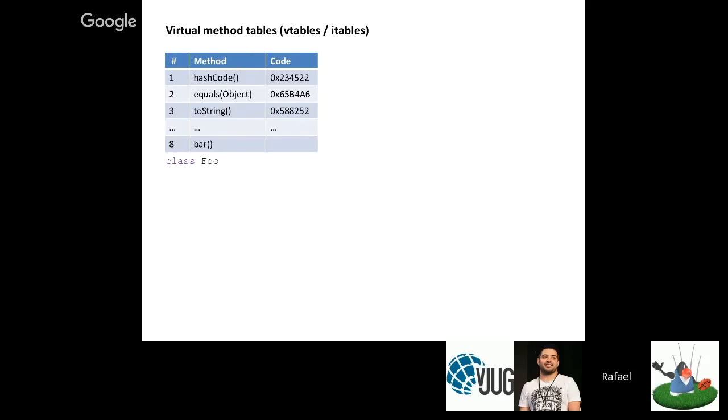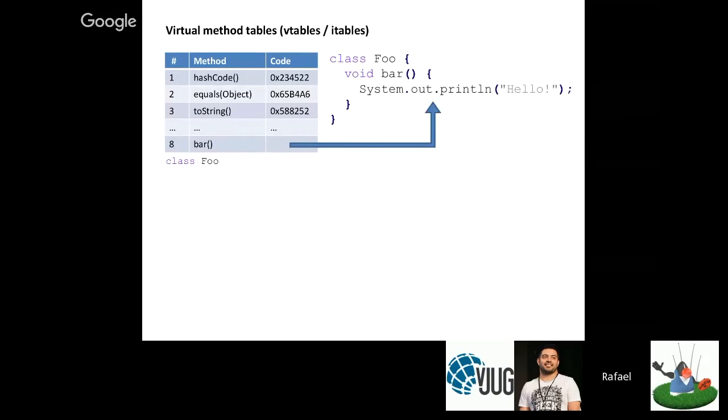And all of these methods basically point to a machine code address. And the machine code address is where the program is currently storing the method, this system out println, right? And what we have to do if we encounter a bar, we basically have to find the virtual method table for this specific class, which is now foo. Then we find the machine code address of the method here